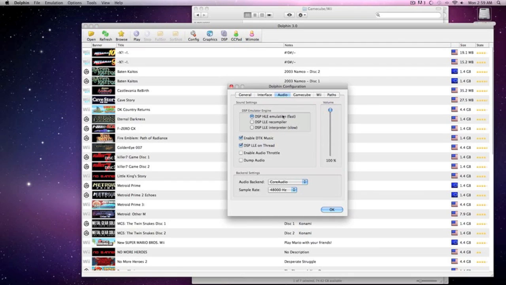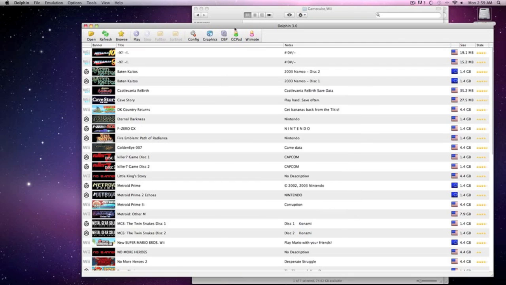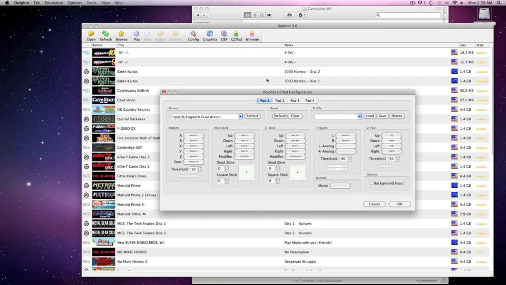And then of course audio, DSP HLE, as I showed earlier. Then your gamepad, I use a Logitech dual gamepad, which is similar to a PlayStation gamepad. So yeah, you can go in here and do whatever you want for the settings. Like you configure, this is for the GameCube pad for GameCube games, so you just go in, click on whatever button you want to configure,